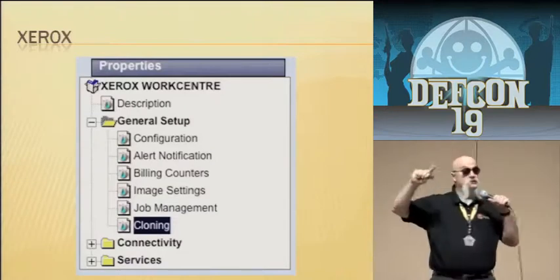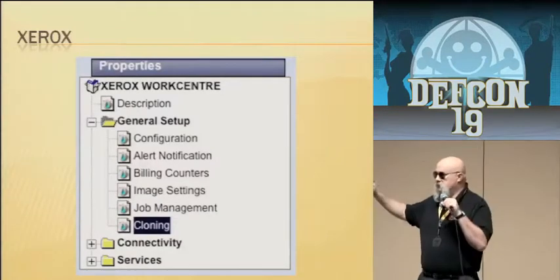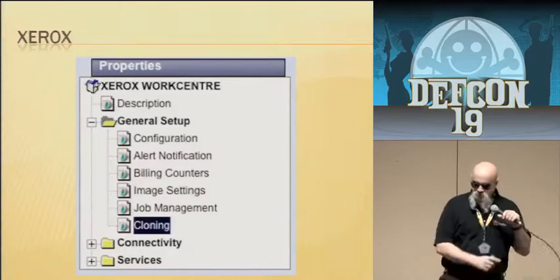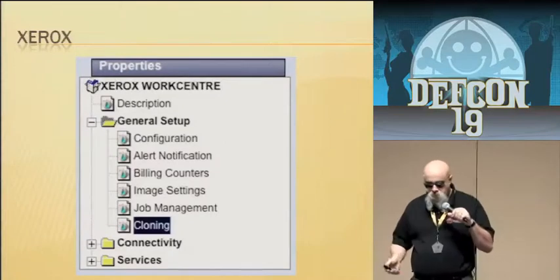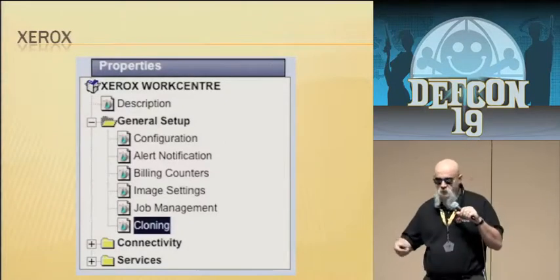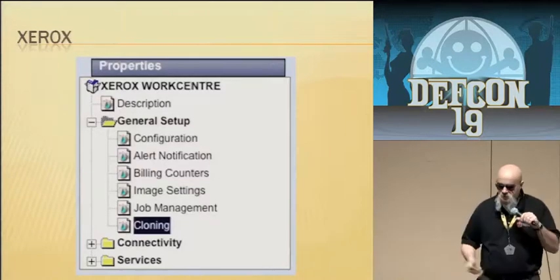I don't know if I heard it, but it's 1111. That seems to be the normal for the Workcentras. Username is admin. So we get to this, we go to the Xerox Workcenter, general setup under properties, go to